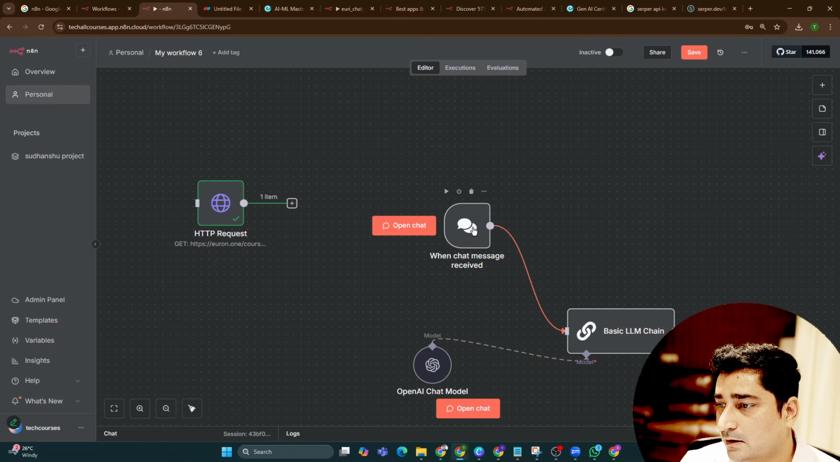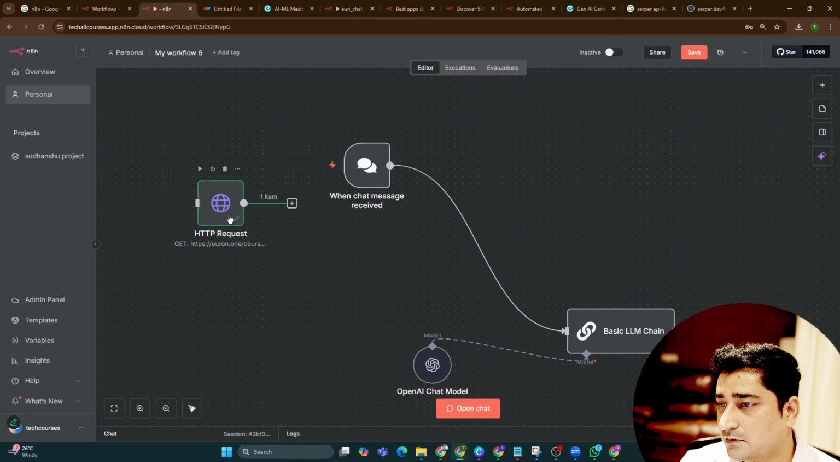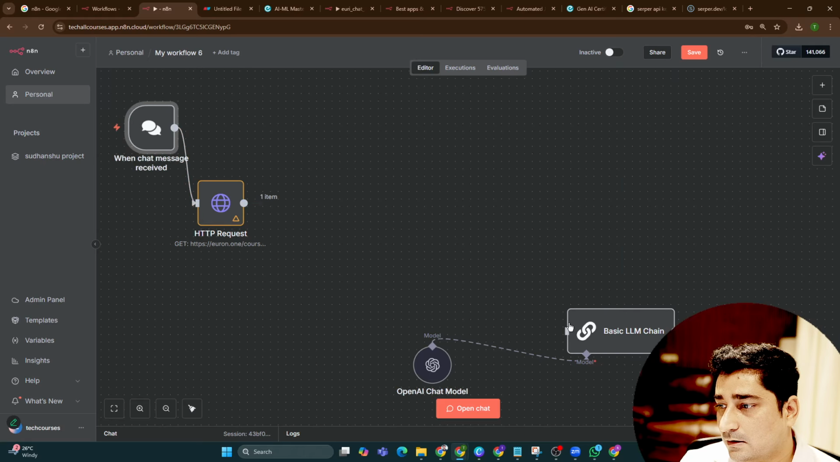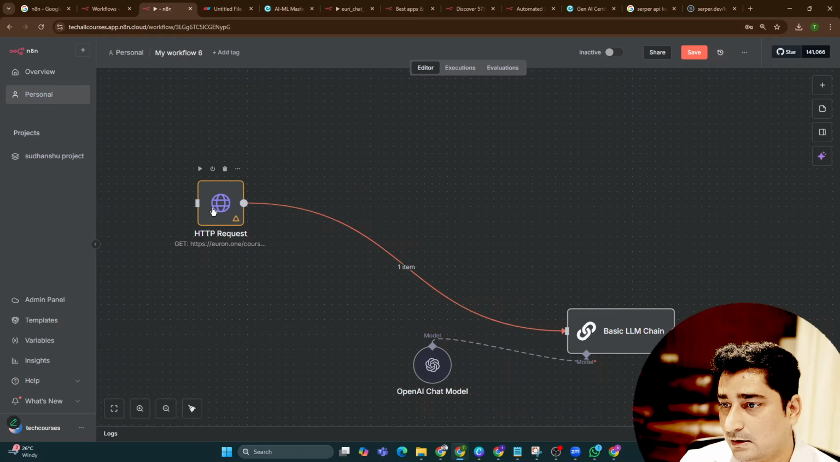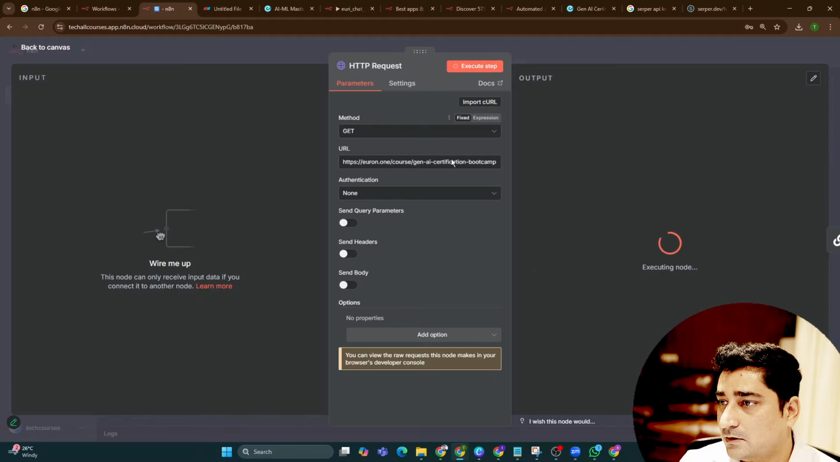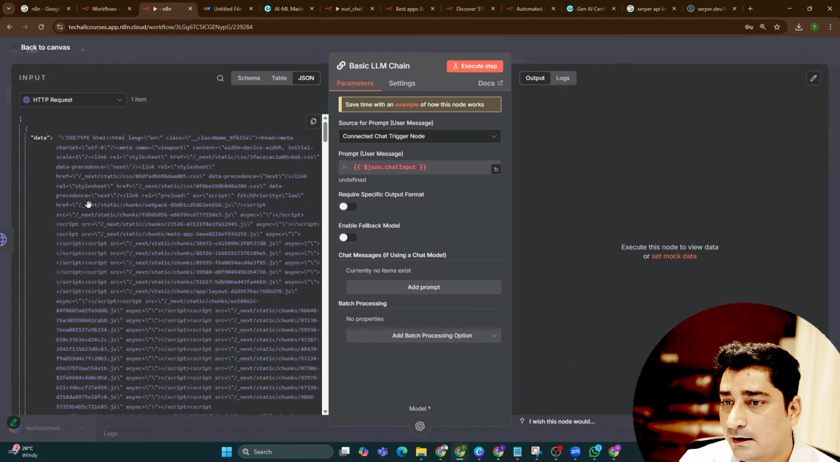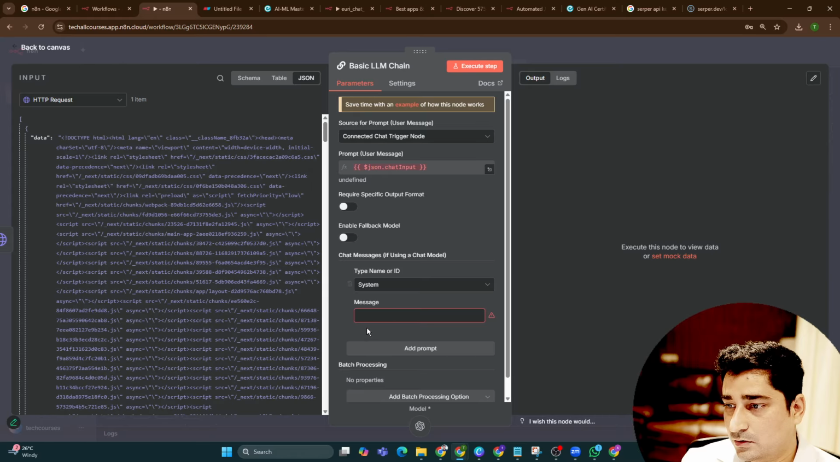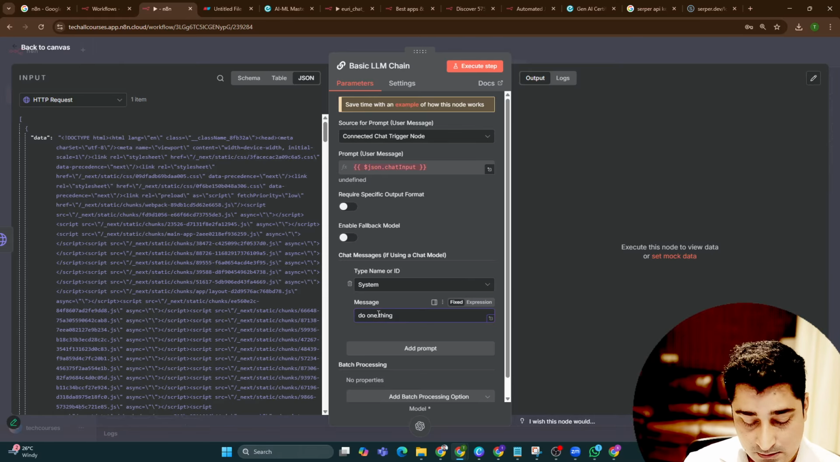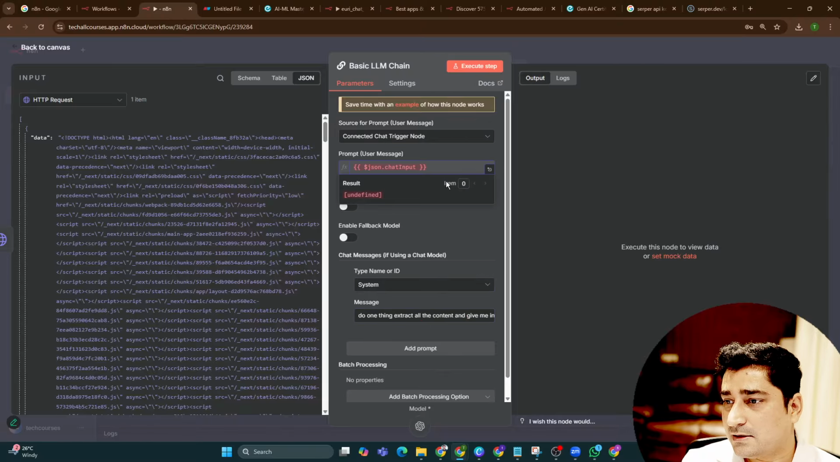इसको यहाँ से यहाँ कर दिए, basic LLM chain model, इसमें ये हो गया, when chat message received, तो इसको यहाँ से break करके, maybe इसको delete ही कर देते हैं, execute, ओके। Now यहाँ पर ये डेटा है, ठीक है, जब भी यहाँ पर डेटा आएगा तो हम इसको यहाँ पर बोल देंगे कि ठीक है add prompt, so do one thing, extract all the content and give me in a JSON format, only the syllabus part, not a HTML tag at all। जो भी हमने इसको instruction दे दिया ये उसके हिसाब से basically काम करेगा, ठीक है।